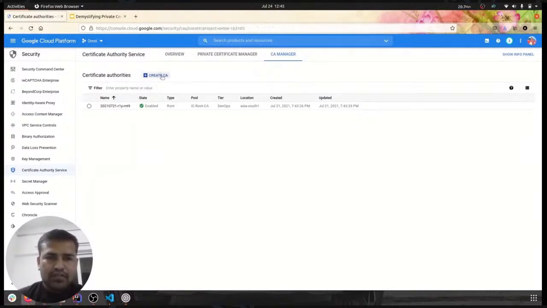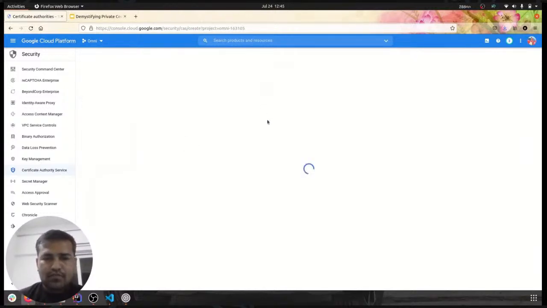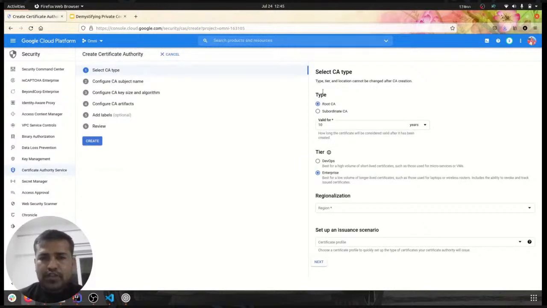Now if I click on this create CA button or link, I would get a form. Here you can see select the type, root CA or subordinate CA. Then you can add the details for the validity, so for how many days, months, or years you want this certificate to be valid. Then you can choose the tier.